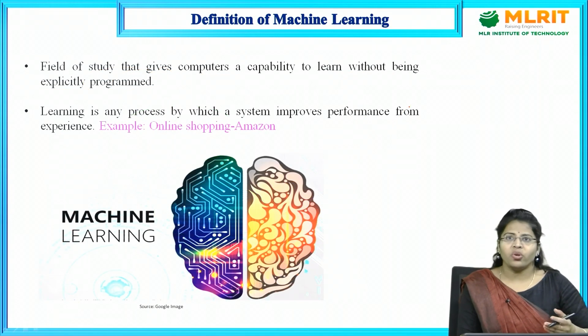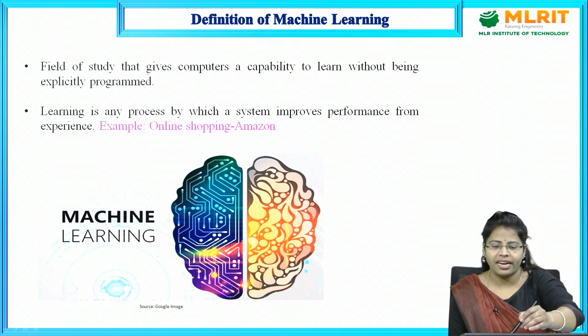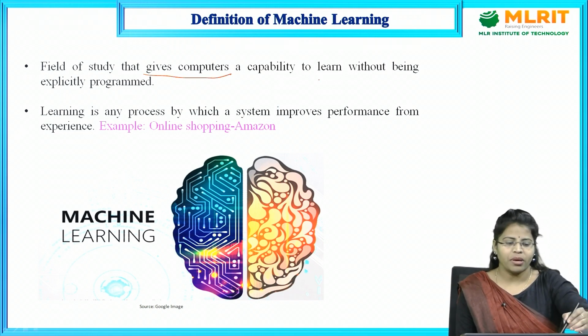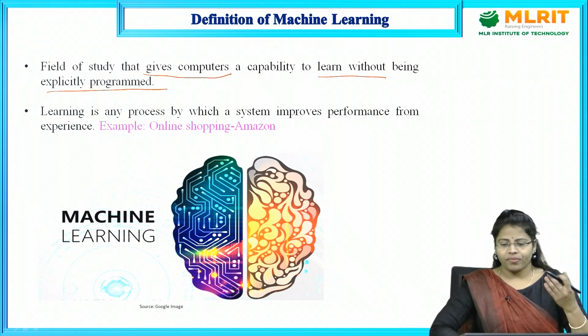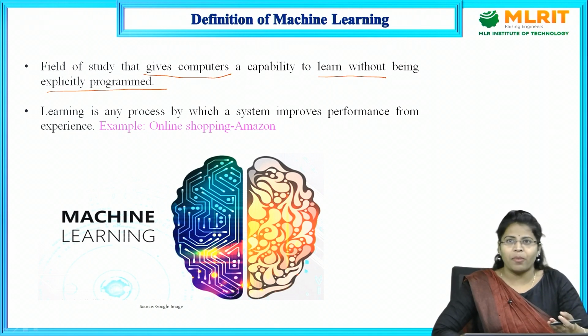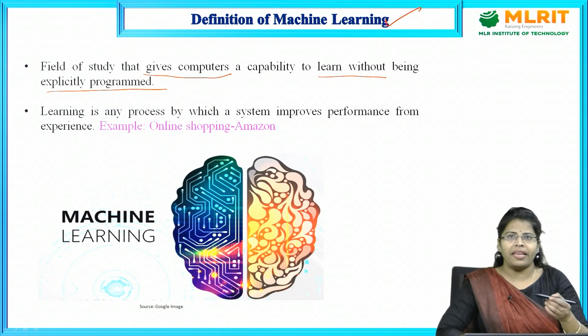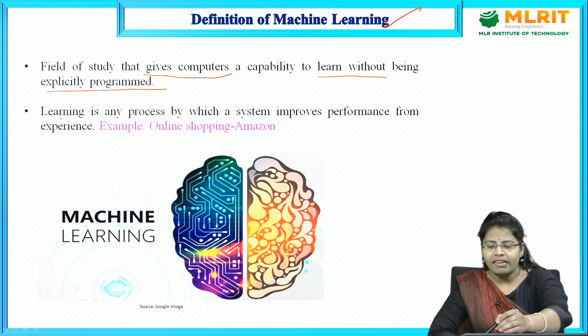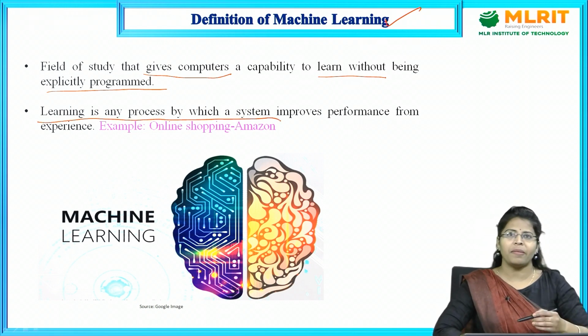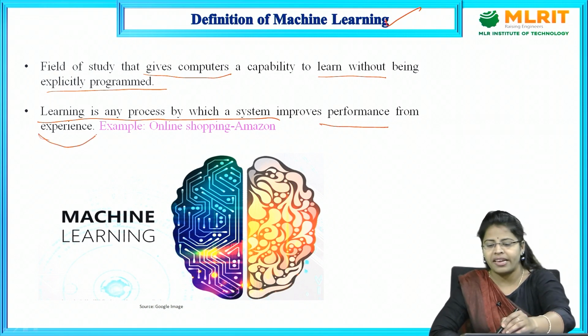Next, it is also defined as a field of study that gives computers the capability to learn without being explicitly programmed. If a computer is explicitly programmed and it is doing a particular task, then that is not a big thing, right? But in the case of machine learning, what is happening? Without instructions from outside, that is, explicitly, it is going to learn on its own. It is going to perform things on its own. That is what machine learning means. That means learning is any process by which a system improves its performance from experience,